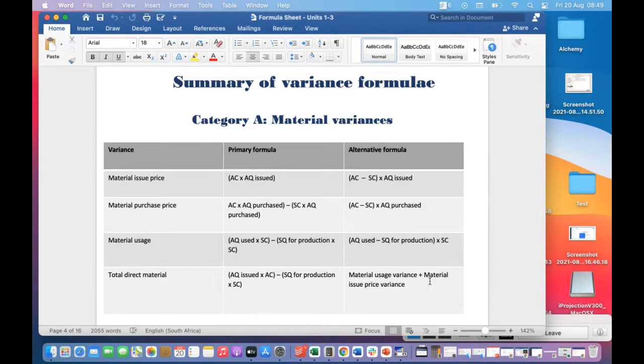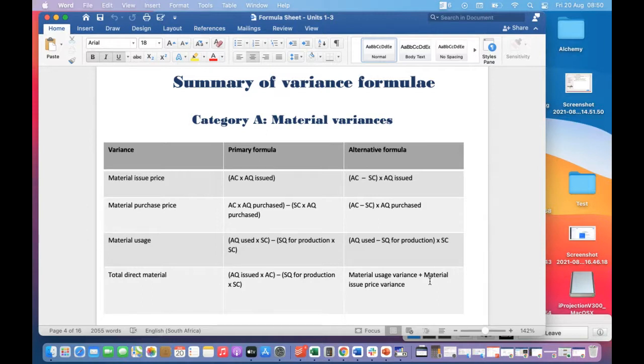Can you see? The reason why we do this is that during the course of the year, we might not know our actual cost. But we would like to allocate monies to costs that we anticipate we're going to pay for. That's why we say, according to the past, we've spent only 3 Rand on every unit. Then we realize we actually spent 3 Rand 25. Obviously, we're going to adjust our books accordingly to reflect the actual costs, but in the meantime, we have to put something in our books.